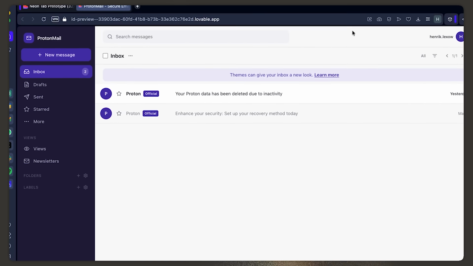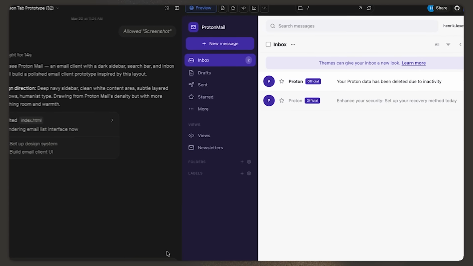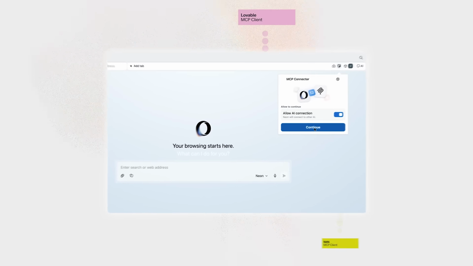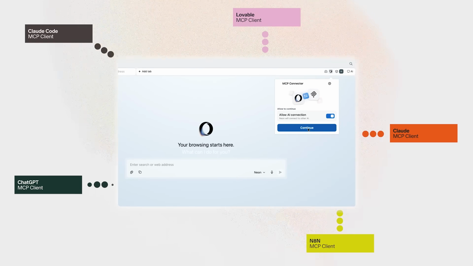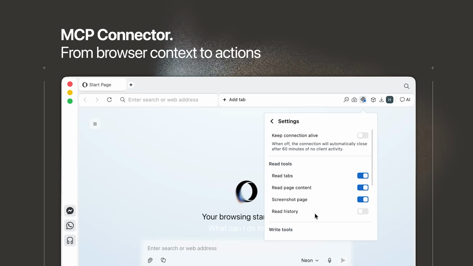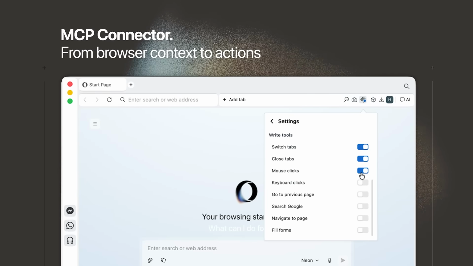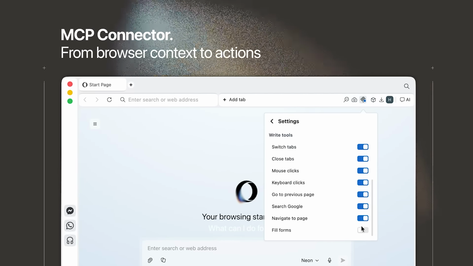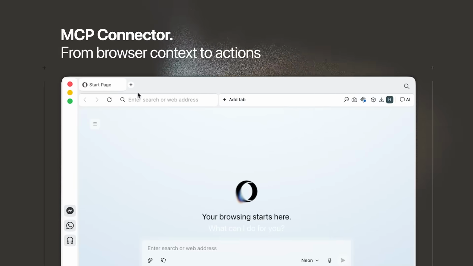What if you could open any website and tell an AI to just rebuild it? With MCP Connector and Opera Neon, that's exactly what we're doing right now. And it goes beyond just reading browser context. The MCP Connector can also enable your AI to switch tabs, navigate pages, click and fill forms directly inside Opera